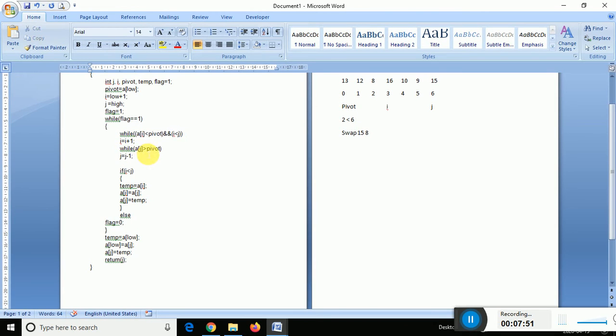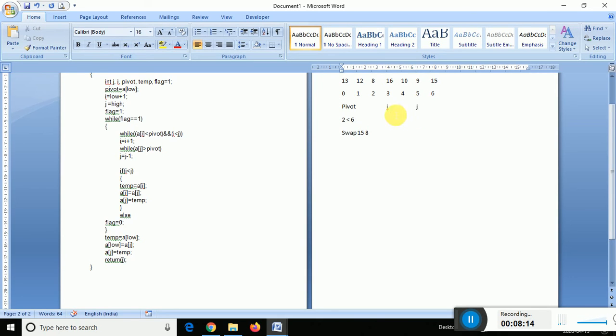It will go here, it will check j, which is 15. 15 is greater than 13, true. Then j will be decremented, it will come down here. 9 is greater than 13? False.